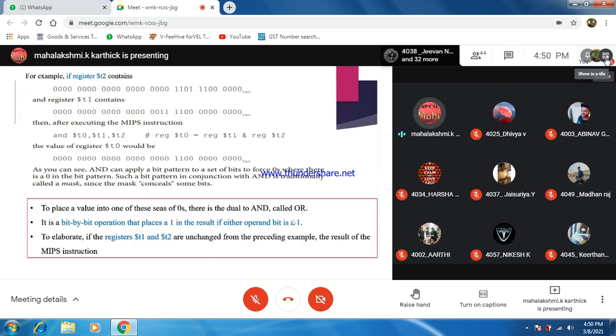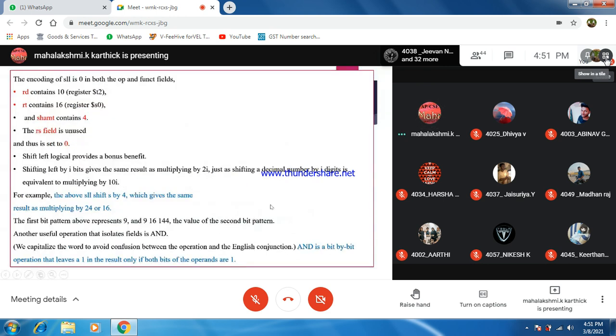ட்ரூத் டேபிள் எல்லாம் படிச்சிருப்பீங்க இல்லையா? What is AND? If both the inputs are high, the result is high. Okay. True na true. False na false. இல்லன்னா ட்ரூவா? false na ட்ரூவா? AND ஆபரேஷன் என்ன?